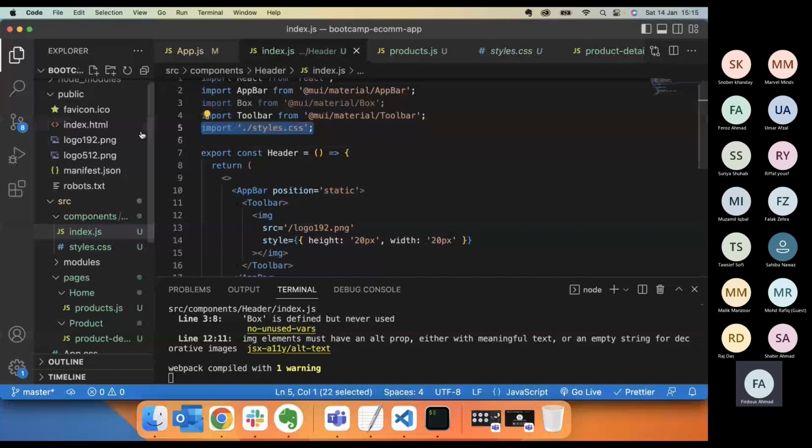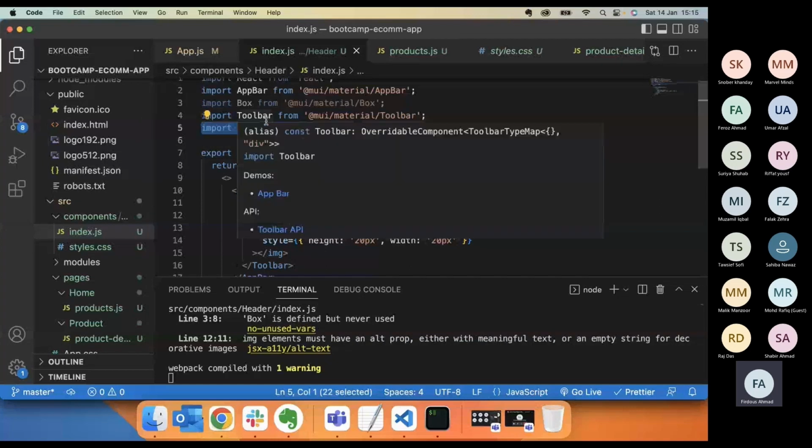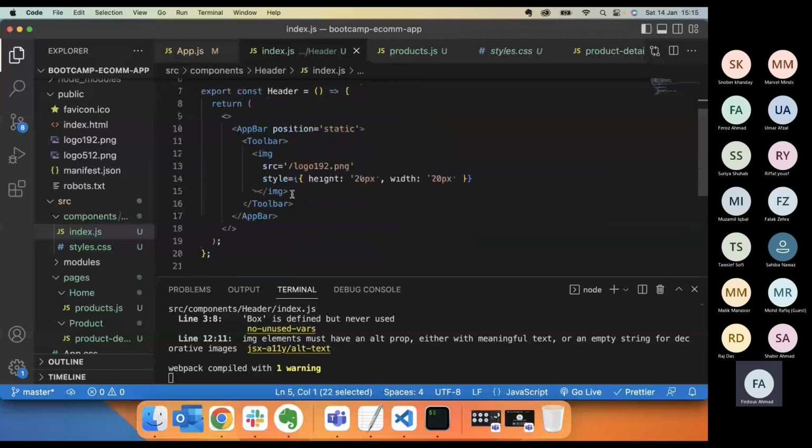और उसको यूज करने के लिए सिंपल इंपोर्ट डॉट स्लैश styles डॉट css. Okay, so now next thing what to do is on click of this home page. Okay, so we have a toolbar, and let me add some properties for the toolbar. Okay, so I'll say for the toolbar,